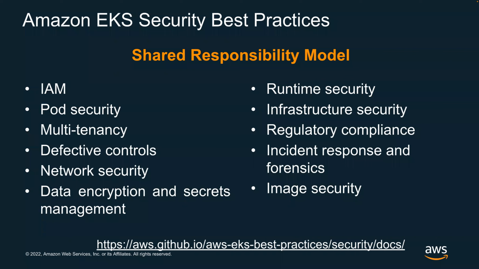So it's really important that we look at the shared responsibility model across all of these 10 or 11 pillars, and we make sure that there is a holistic view of the best practices from an EKS security perspective. And at the bottom, I shared an open GitHub link where you can take a look at all of these best practices. Many of them are recommendations, but there are some recommendations in terms of products, services and tools that are available, which you could leverage for improving the security posture of your Elastic Kubernetes Service on Amazon. And that's all of the areas that I wanted to cover.